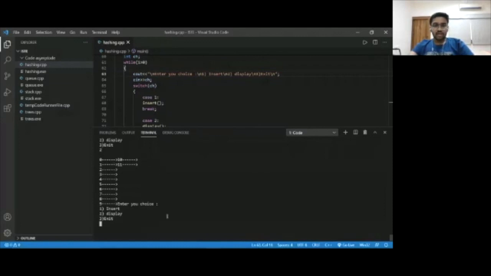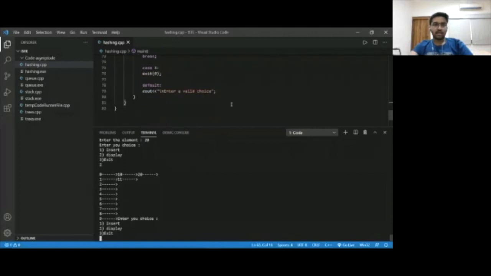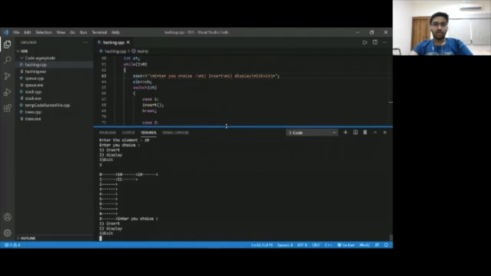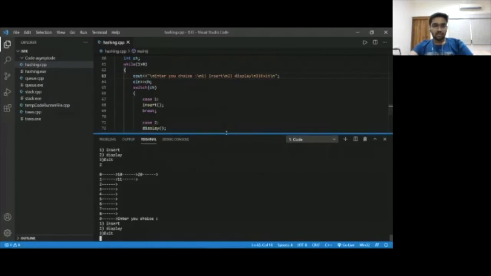Now if I add any value, let's say 20, and then display, we have this 20 new in our hash table, and this 20 is pointing to null. So that is how we desired our code to work, and it is working perfectly as it was meant to. Now I'll just exit this.